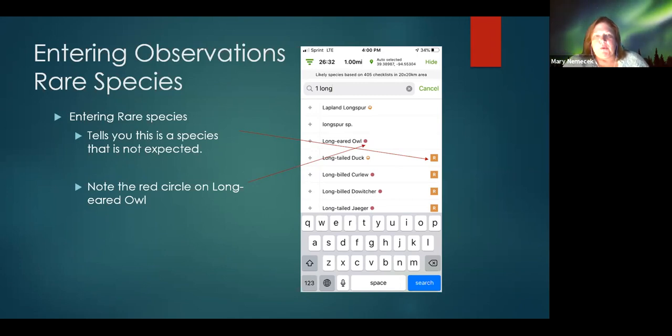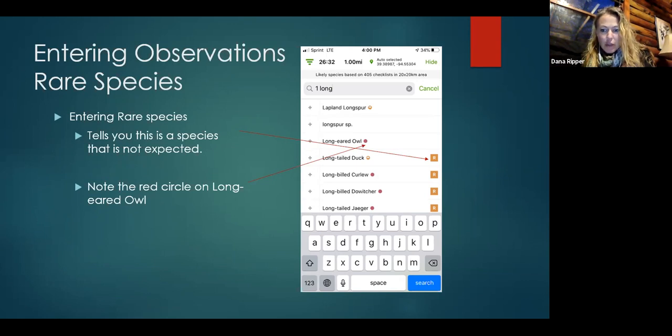This one has the red dot here for like long-eared owls, and that means the species has not been observed in those 3 weeks. So in that 3-week grid, no one has seen that species. So if you want to report a long-eared owl, that's what that means. You're the first one that has seen that in recent time. Very good. And the original questioner says, yes, that helps. Thank you.